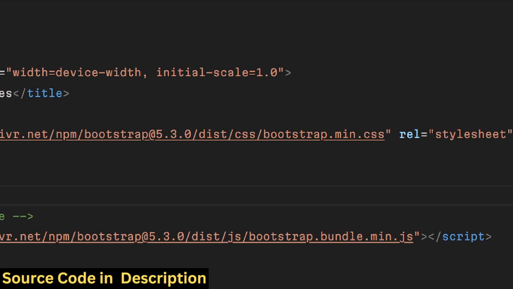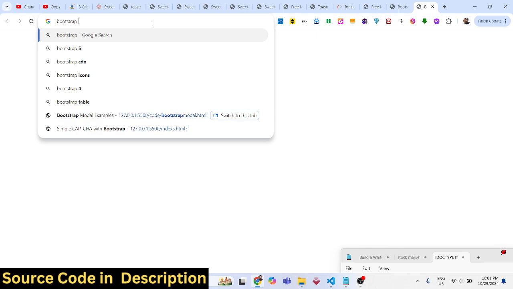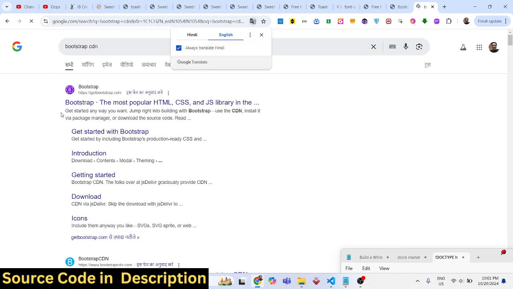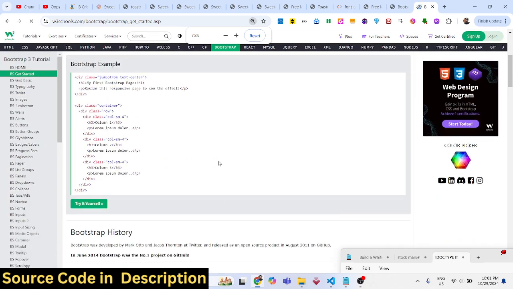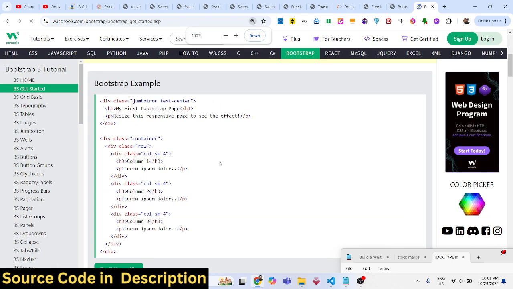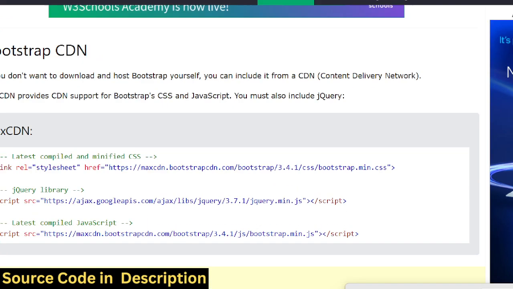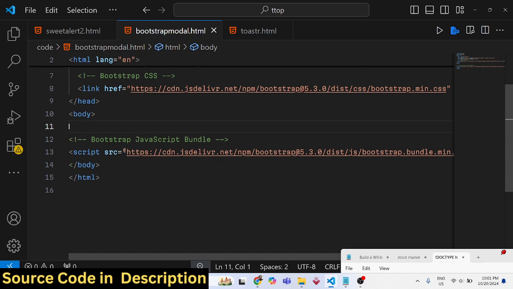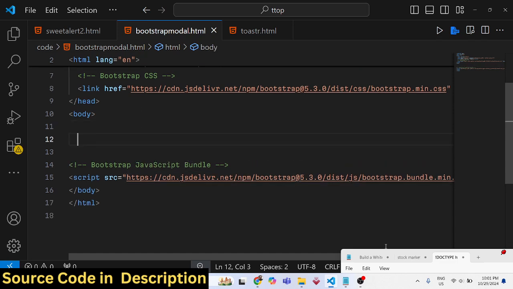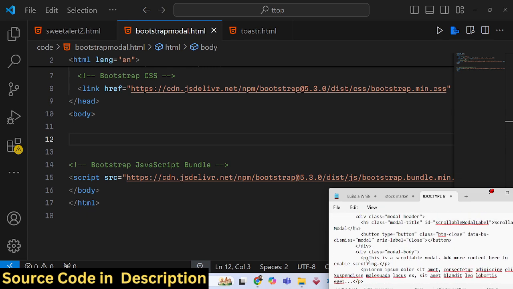I've already included this. You will see the CDN links. If you want to get these, you can go to the Bootstrap official website or simply search for Bootstrap CDN on w3schools.com. You will get all the CDN links required, Bootstrap CSS and Bootstrap JS. So simply include these, and now I will get started on writing the markup for showing the basic modal